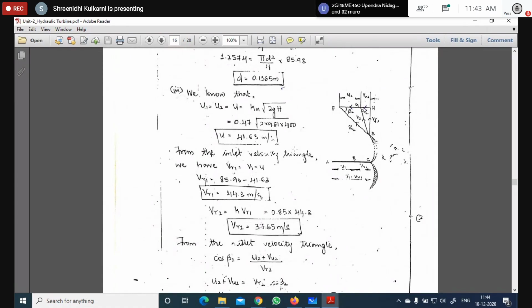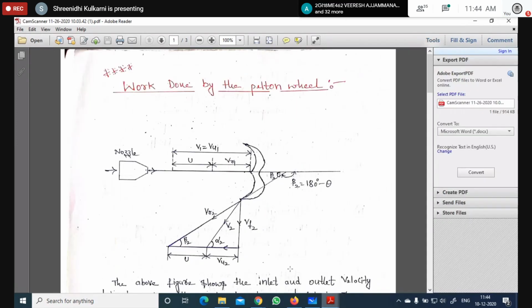Yes, sir. Okay, so now draw the velocity triangle. You can take this velocity triangle, both are the same. Draw the velocity triangle. The velocity triangle carries 2 to 4 marks, it depends. So now you draw the velocity triangle. I'll continue for another 5 to 6 minutes, is it okay? Yes, sir.